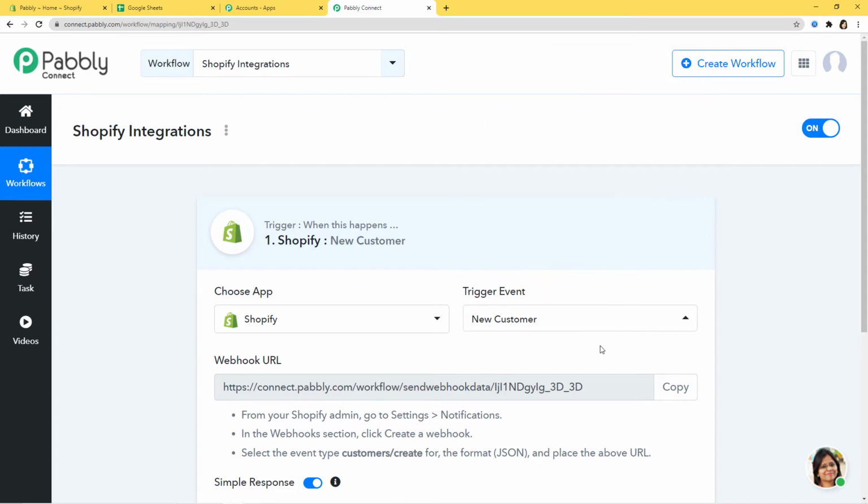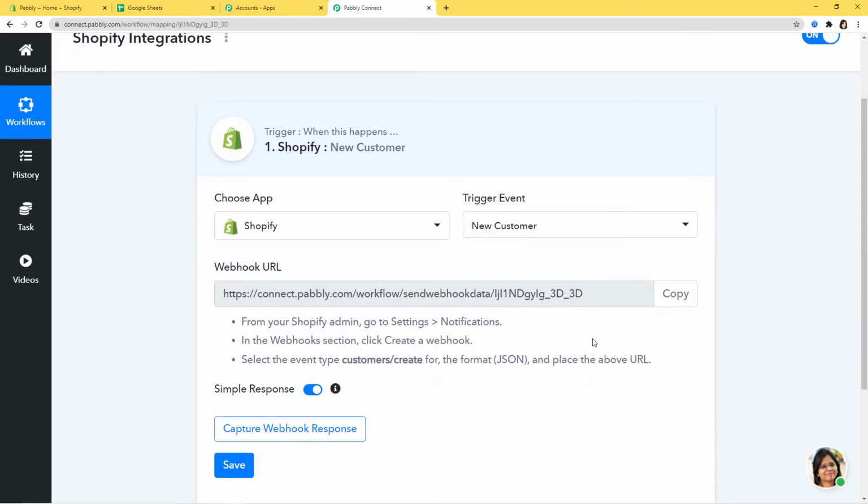So now you might have a question in your mind: what is this term called trigger? Let me tell you that automation runs on the concept of triggers and actions. It is all about when something happens, do this. For example, when a sale happens, send an email. In our case, when a new customer is created will be our trigger event over here.